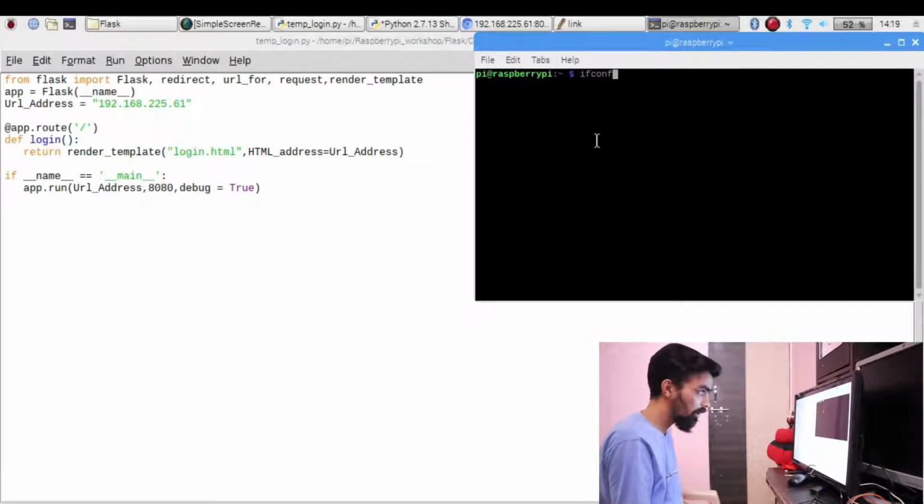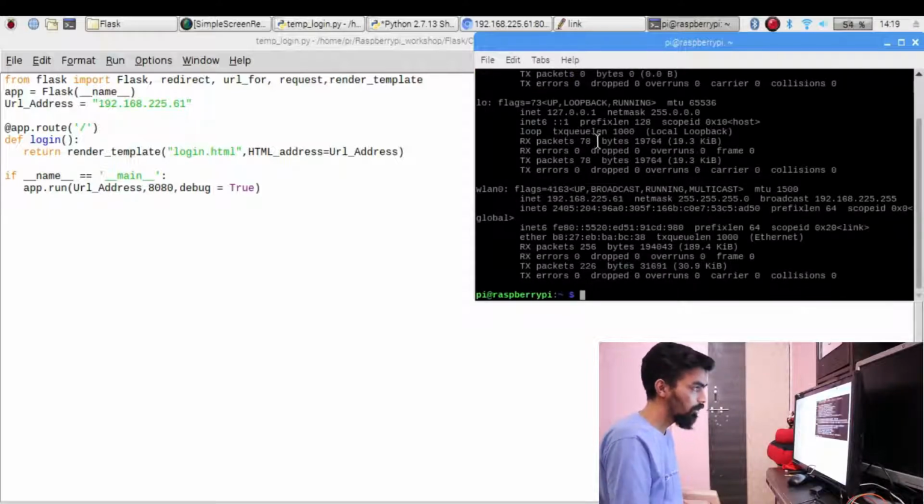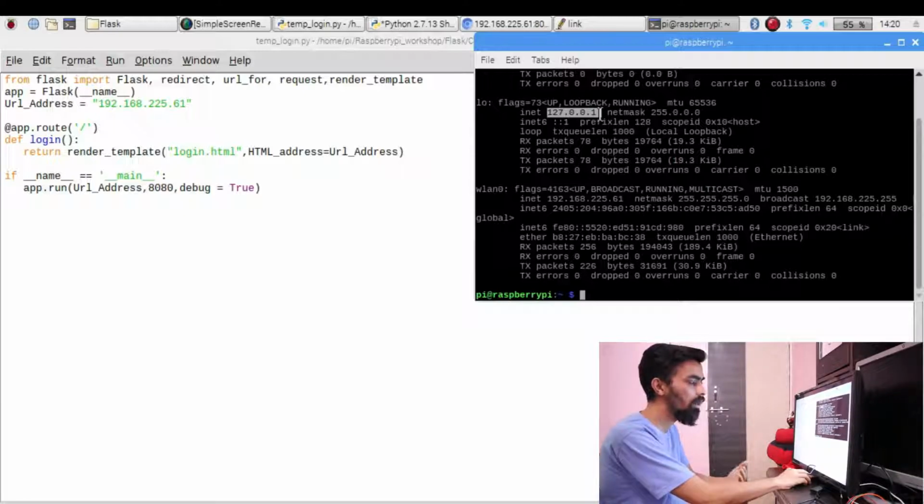and just type ifconfig. Once you enter ifconfig, you can see an internal address, that is the local address of your Raspberry Pi, 127.0.0.1. If you use this IP address in your code, you can only access your web page in the Raspberry Pi browser itself. In our case, we have to access that web page on your mobile and on your laptop also, so you require a common address between your mobile and your Raspberry Pi.